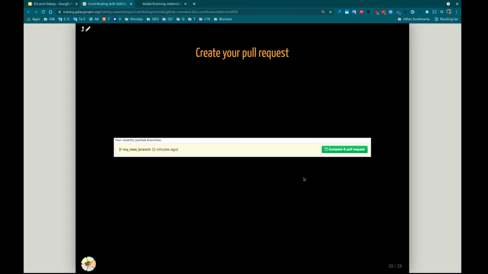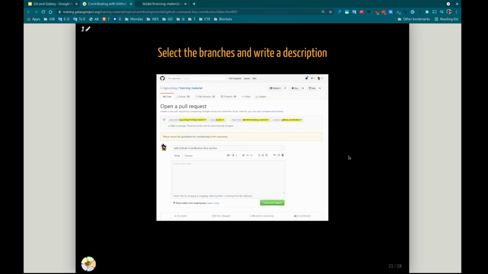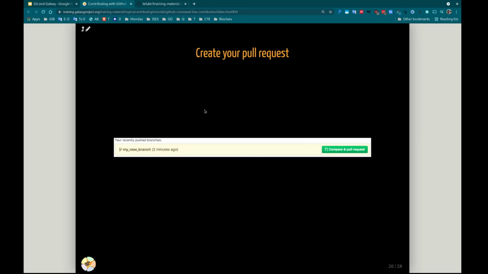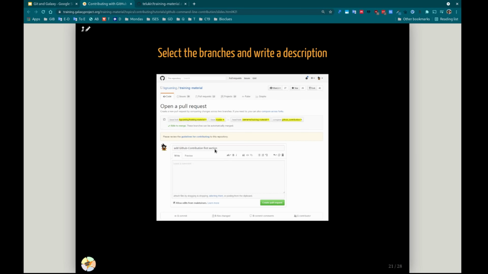So we will have an option of compare and pull request if it's a very normal change. But if there are changes conflicting within one file, one of the code has to be accepted, and it has to be looked into in detail. I will not go into that in my code, but I will try to show how this looks like here. Once the conflict is resolved, then you'll get such a